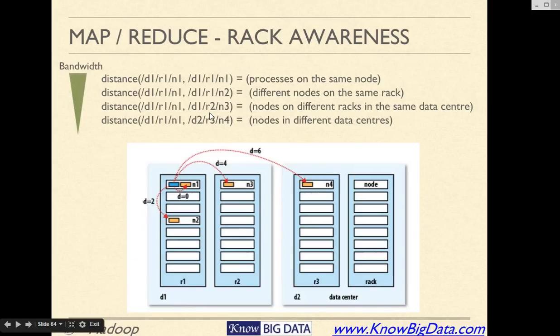What about the next case? The distance between D1, R1, N1, comma D1, R2, N3. Note that the processes are on different racks, but in the same data center. What is the distance between these two nodes? 4. Right, because the distance between the common ancestor